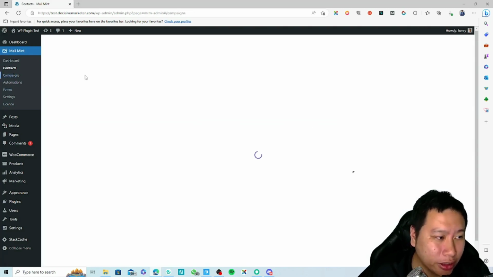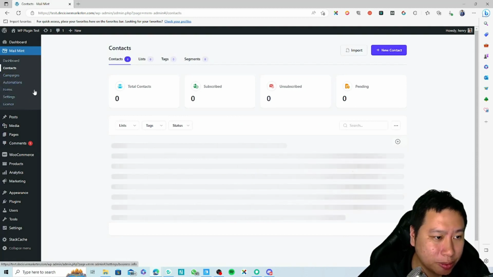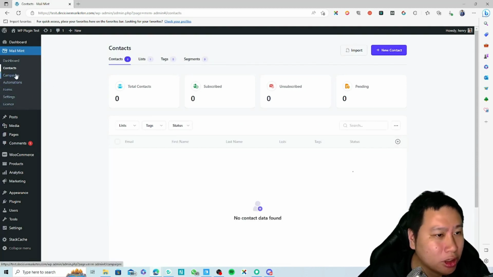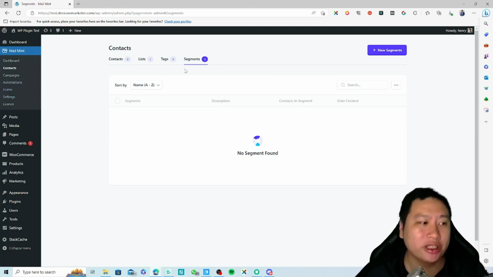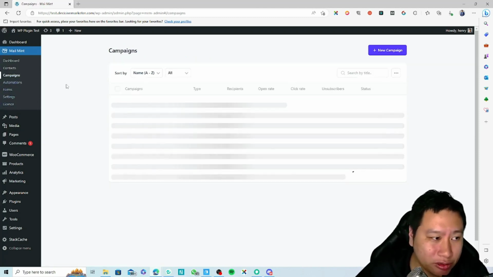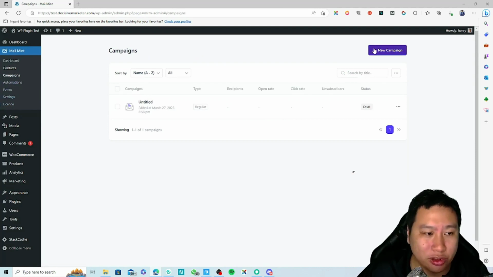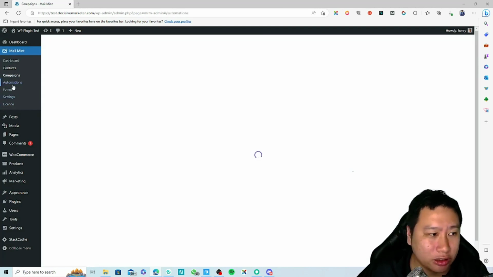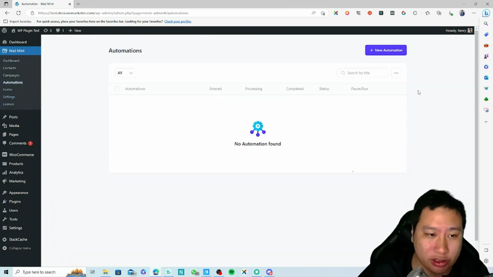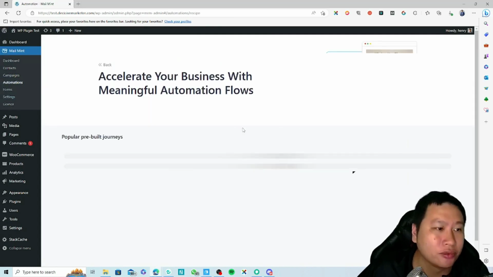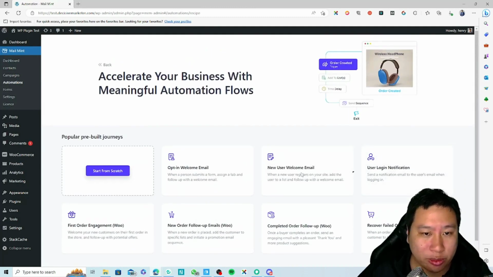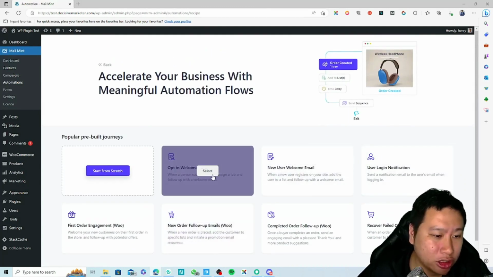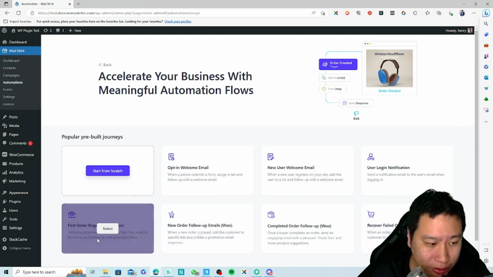Okay, and then yep, so tags are pretty straightforward. So I guess segments are very basic right now, forms are very basic right now. So next thing, I think we go into automations first, right? And let's check this out. Okay, so automations are pretty much, I would say, your automated emails. Okay, so you have, let's say,